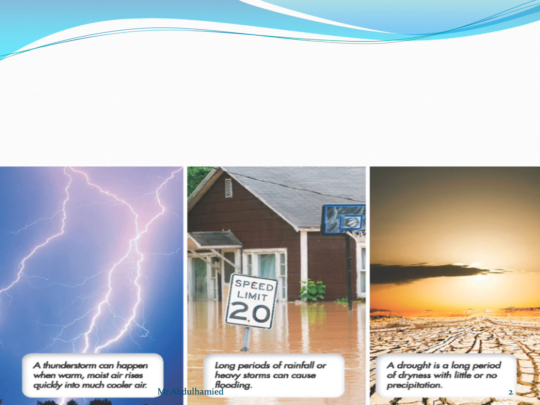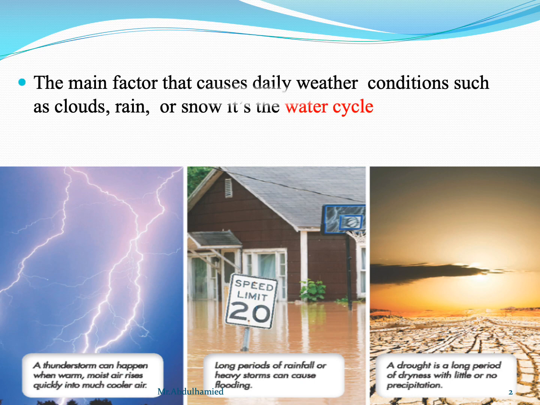Last time we said that the sun is the main factor in the water cycle. Why? Because it's the main source of heat for evaporation. Now, evaporation is essential to the process of the water cycle, forming the clouds, and the clouds start making